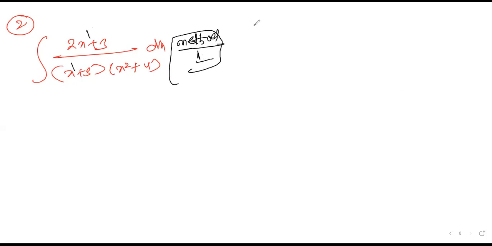Next, sometimes we try to take terms as common. Here it is x square plus 4. If it were x square minus 4, we could say (x plus 2) into (x minus 2), split the terms and move forward. But there is no alternative. This looks like ax square plus bx plus c. Try to understand, so when you take common, you must take care. So open it, it is simple.